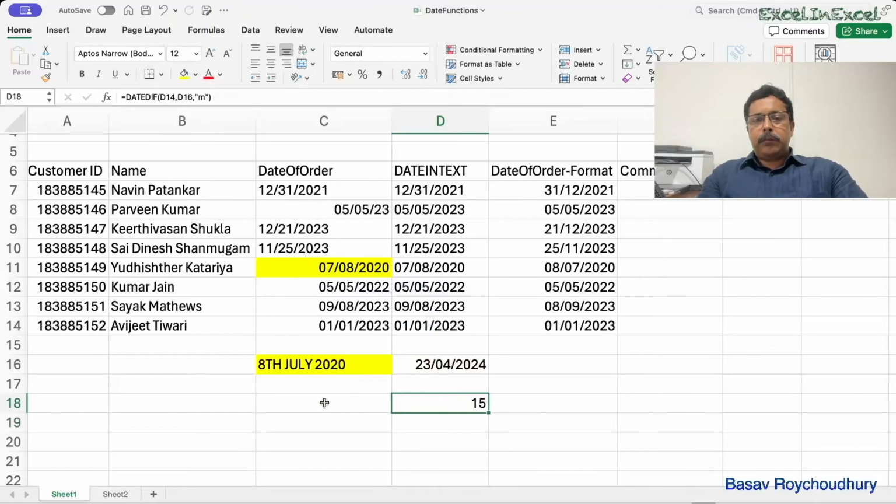If we look at this, what's happening here is this was 1st January 2023 and this is April 2024. So the fractional month is not considered. From 1st January till 31st December we had 12 months, and then January, February, March, so we have 15 months altogether. Let's also see if we give